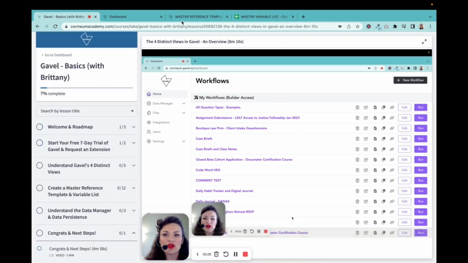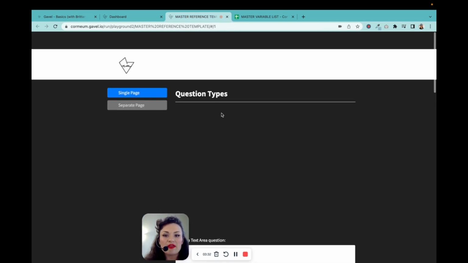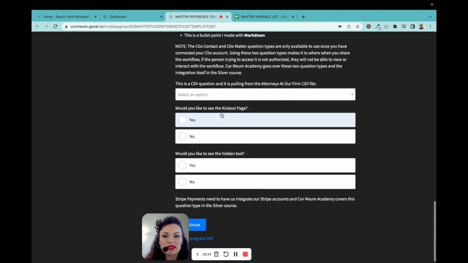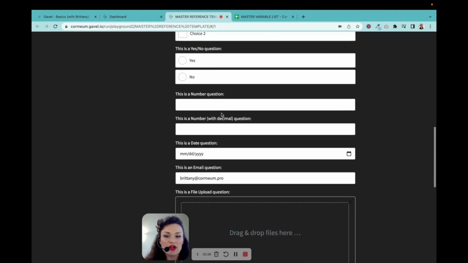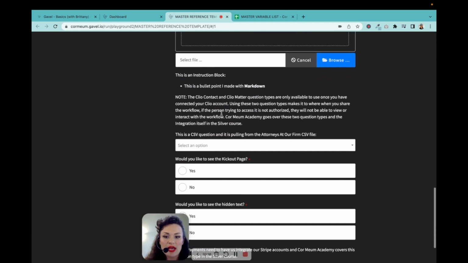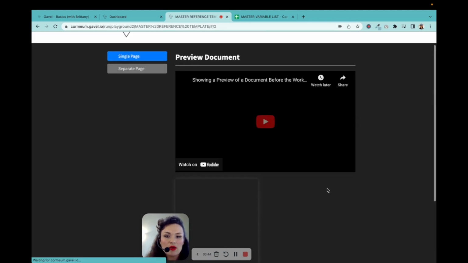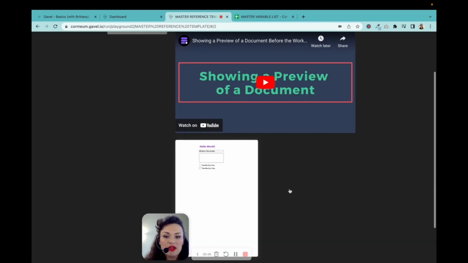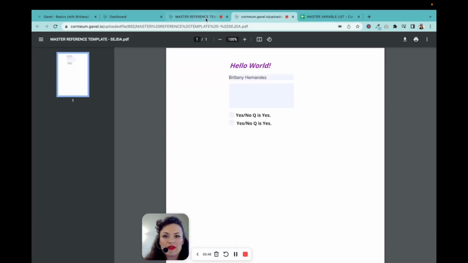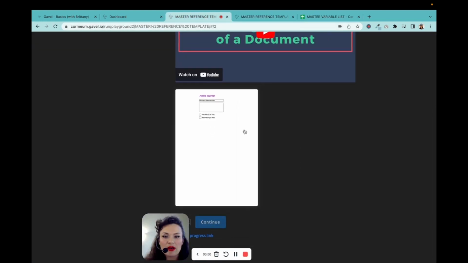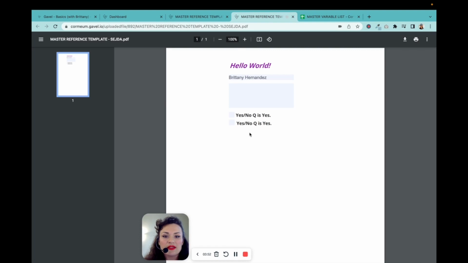I'm going to quickly show you what we're actually going to create together in this course. We're going to create this master reference template, and you're going to be able to differentiate between all of these different question types. You're going to be able to see required versus not required questions. We're going to be able to use page logic, question logic, how to make this video appear here, how to create this preview of this document here, how to make sure that it feeds in correctly with different information,